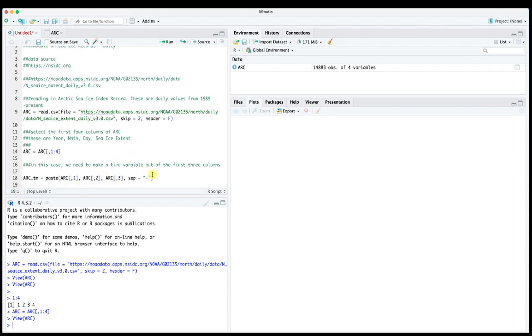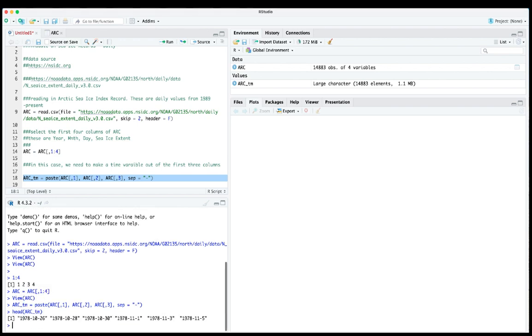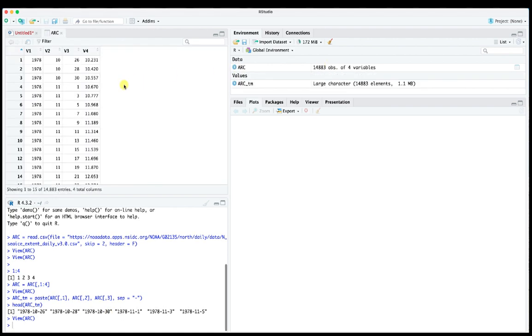And let's just look at that real quick. Okay, there's our arc time. Go ahead and click on this thing. Yeah, you can see it. Here's 1978. Or what we can do is we can just take a look at the head of arc time. You can see here's 1978 1026, 1978 1028, and if we look at our original arc values, you can see